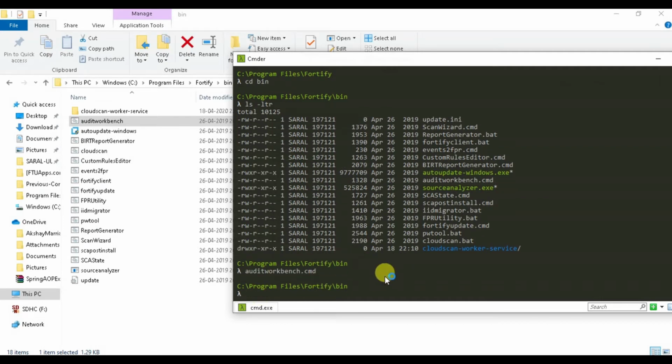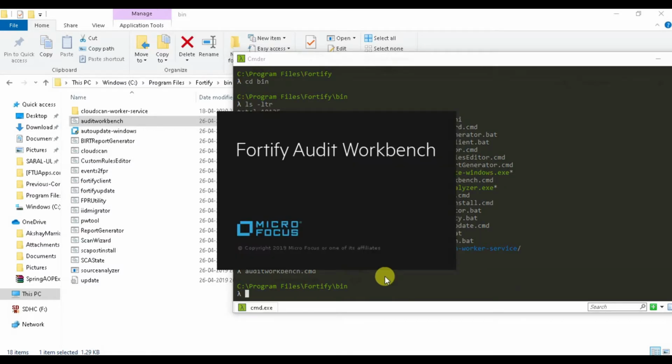So I have clicked the command. Let's see the magic. You can see that Fortify Audit Workbench is getting opened up, which is developed by Micro Focus. As I told you, we will use this workbench to scan our code. It will run our code against static rules and a security analyzer, and let us know what violations are happening in our code.